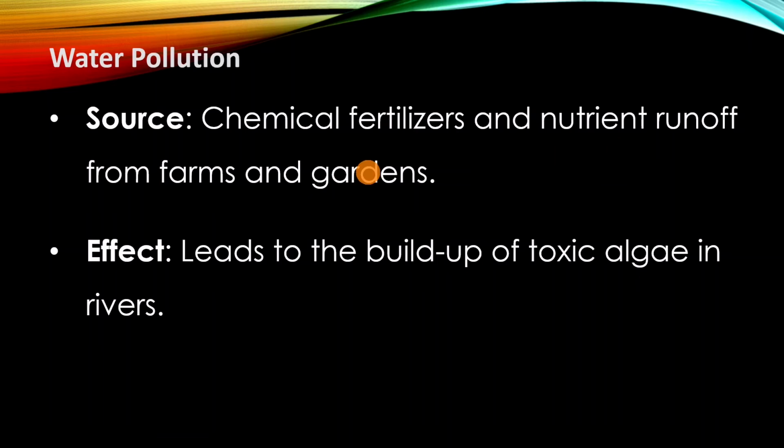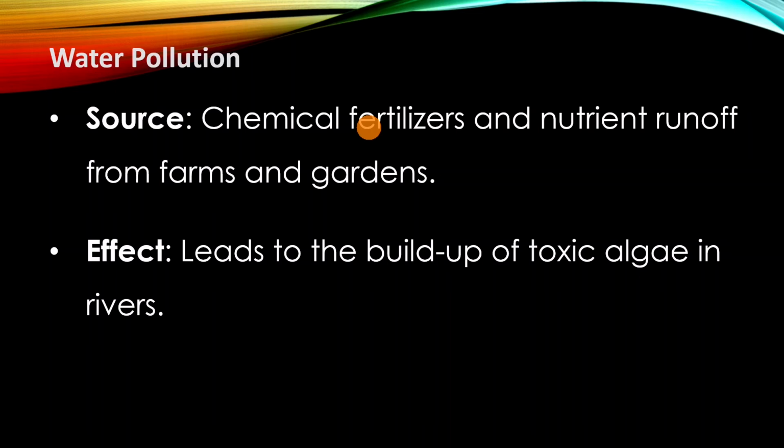pollutants. Water pollution is the addition of harmful substances to water bodies like rivers, lakes, and seas. So how does chemistry come in? How do these chemical industrial activities come in? We already looked at the importance of chemistry in the production of fertilizer, which is used in agriculture to produce food.